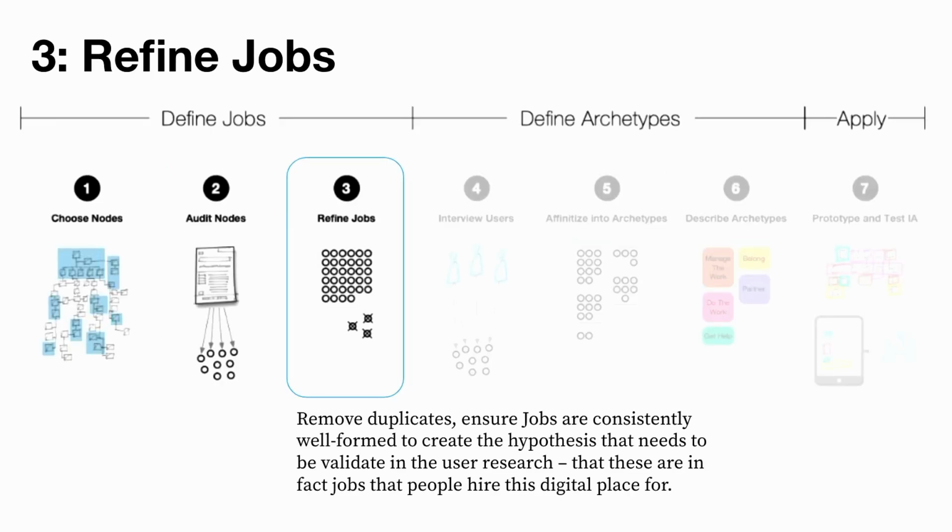So many. So step 3 is refining jobs. So we create this bank of jobs. And sometimes there are a lot, especially when you have a very large site. So we want to go through a process of removing duplicates, making sure that they're consistently well formed. Like Joe mentioned, he and I and often one other person need to work together to sort of break up the work and build a bank of these jobs in Airtable. This is the work that we do together. And our point is to get a good set of well-formed jobs that we can start to explore.